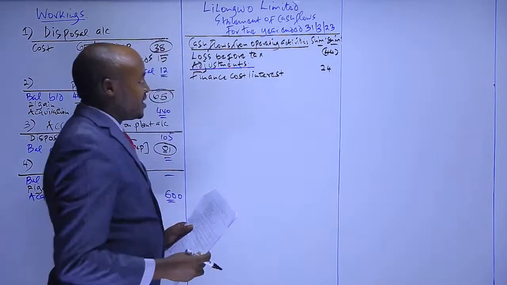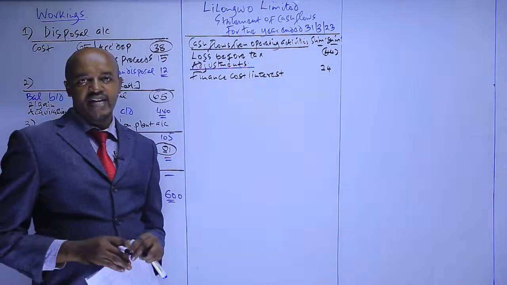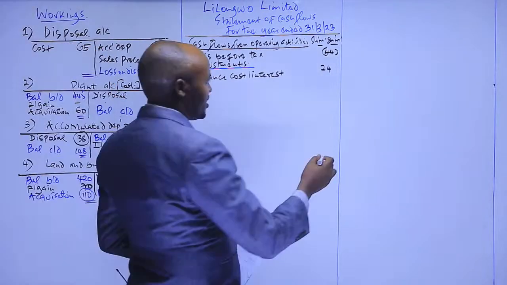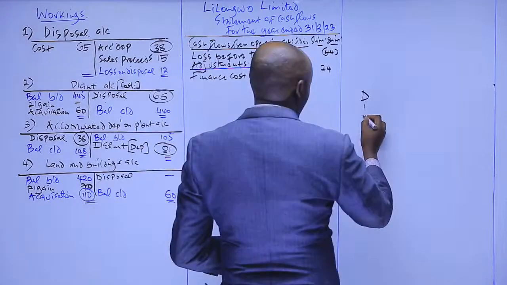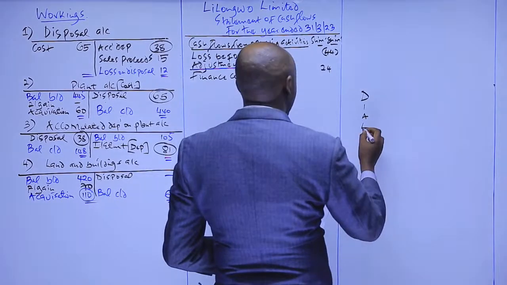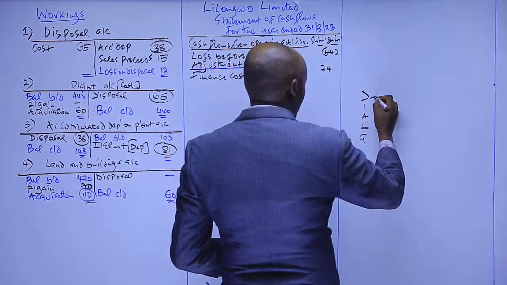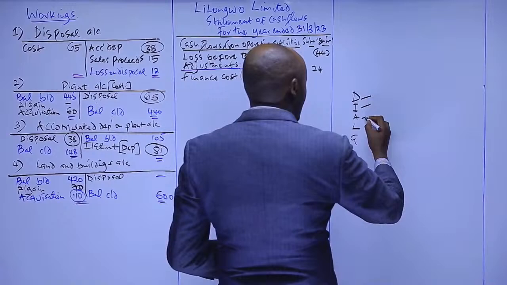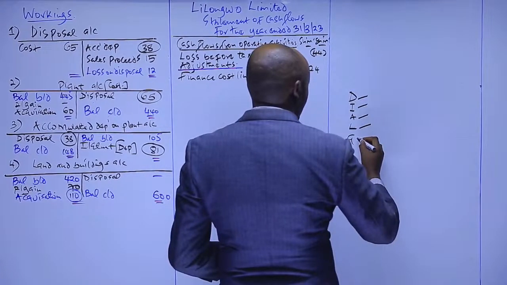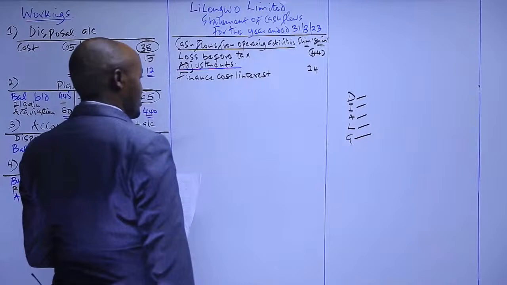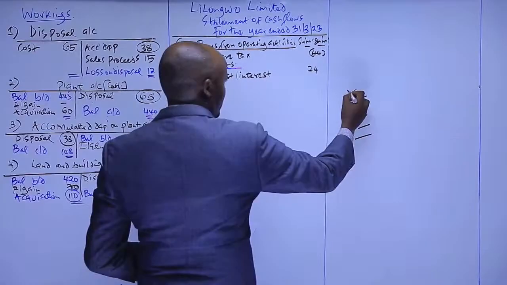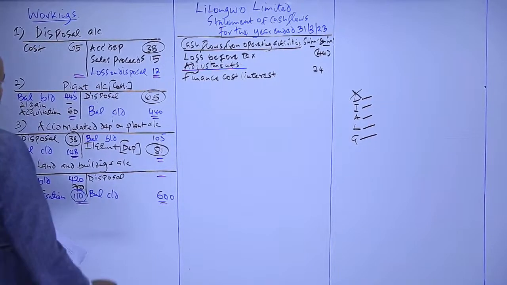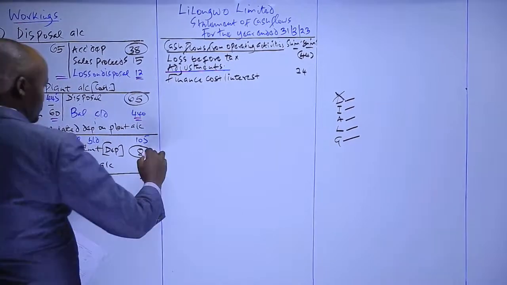And then, when using the indirect method, there are a number of items we adjust to that profit, and I gave you an acronym which you can use to remember those items. Dial G: you check for depreciation, any impairment loss on goodwill, any amortization on intangible assets, any loss on disposal, and the gain on disposal. In our case we have a number of items. First of all, we have the depreciation. So for the depreciation, we have the depreciation for what? For plant.